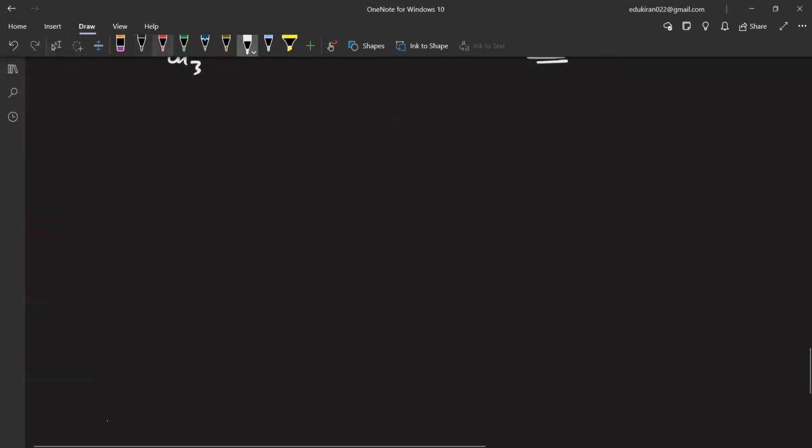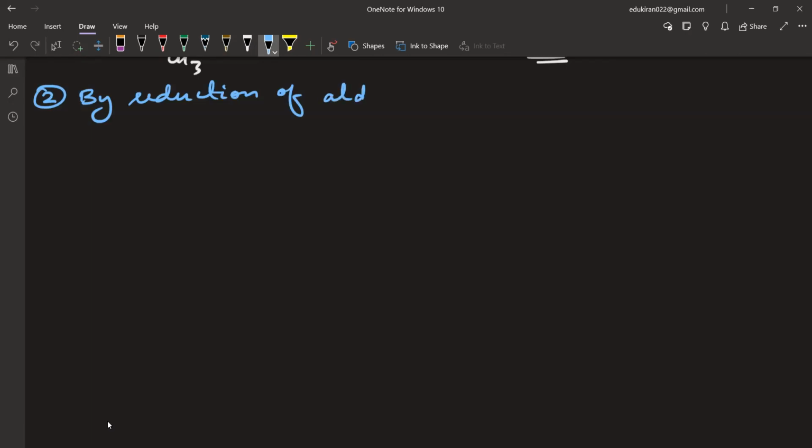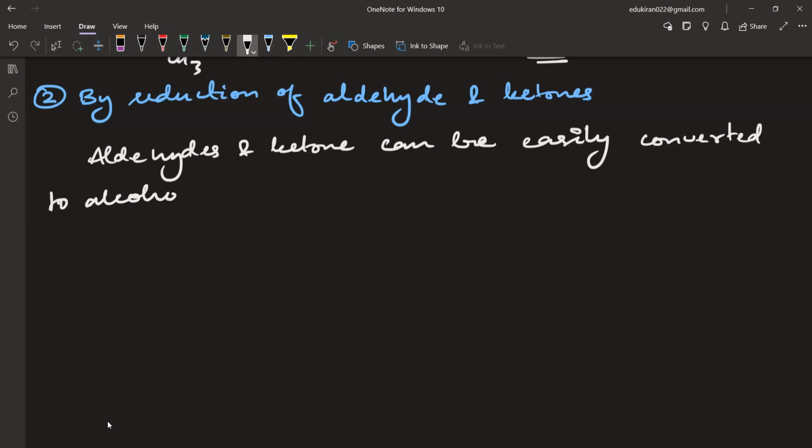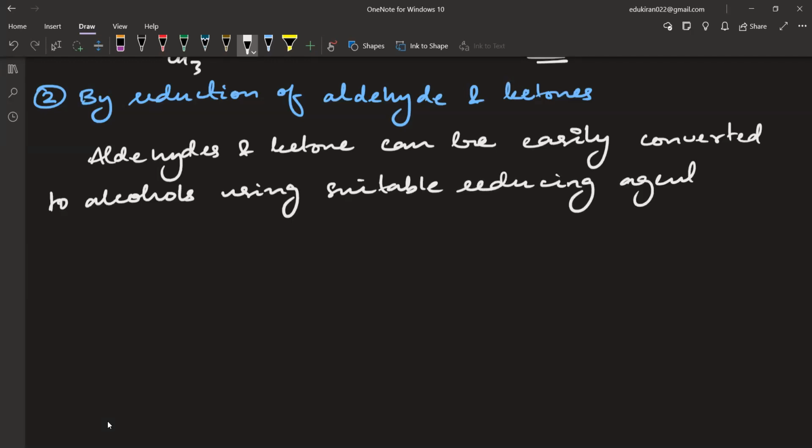Right, next. This is my second, by reduction of aldehyde and ketones. You'll write here: aldehydes and ketones can be easily converted to alcohols using suitable reducing agents such as,